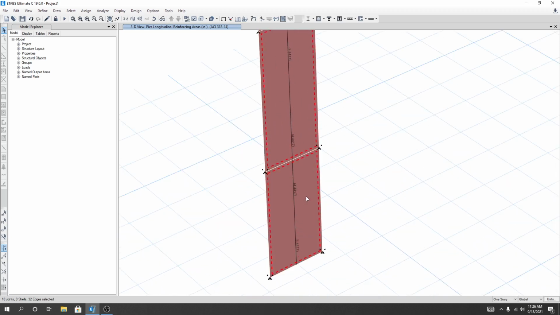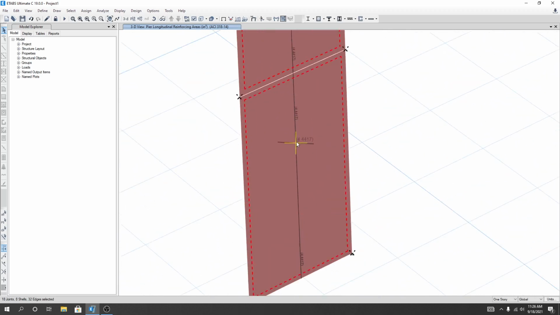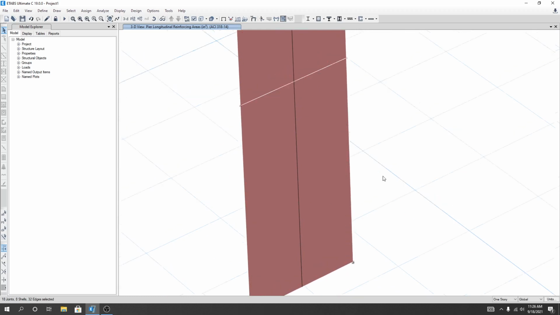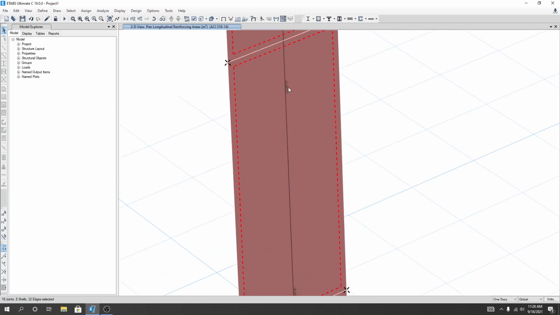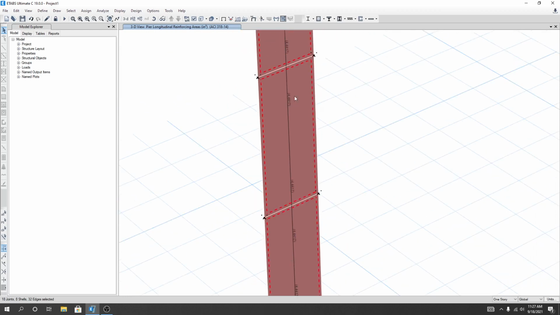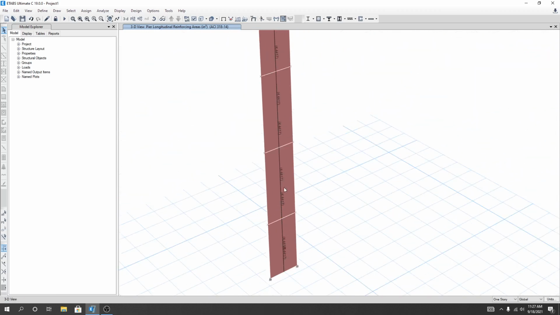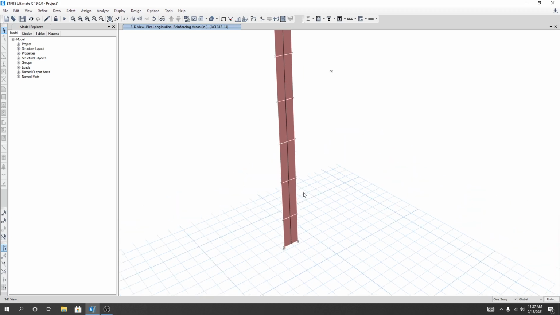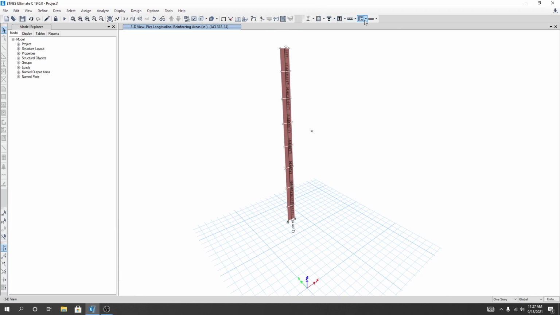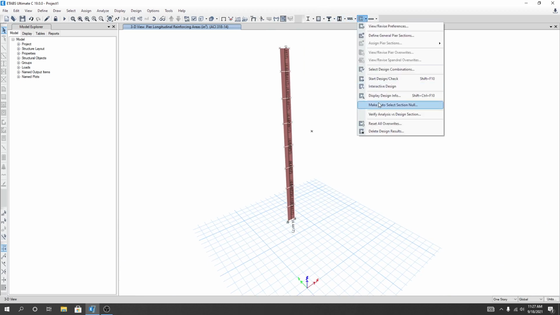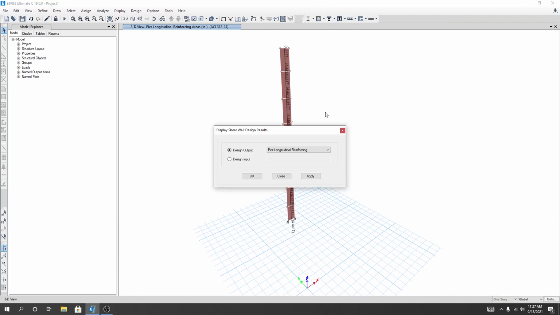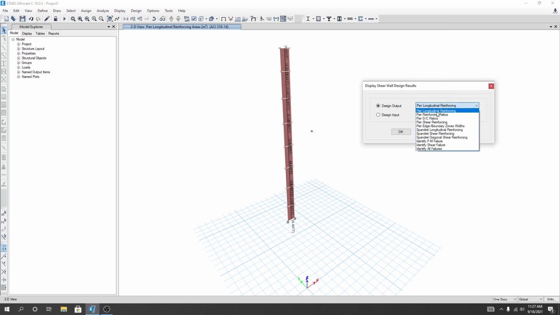Now we can see that here our available reinforcement is here. Everywhere it's just the reinforcement we have provided. I'll just skip. Everywhere the reinforcement we have provided is 4.4417, and I'll just go here, display design info. I'll pick reinforcement ratio, apply,